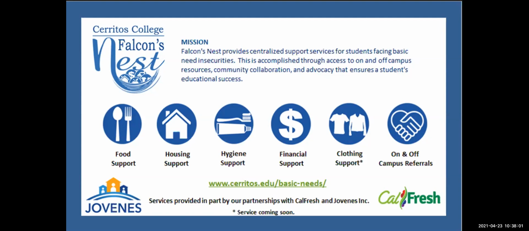So we team up with Hovenius. If you're familiar with our newer village on campus, we're able to offer housing to students who are at risk of being homeless. We're actually the first campus, I believe, in California to be able to offer that at a community college level.